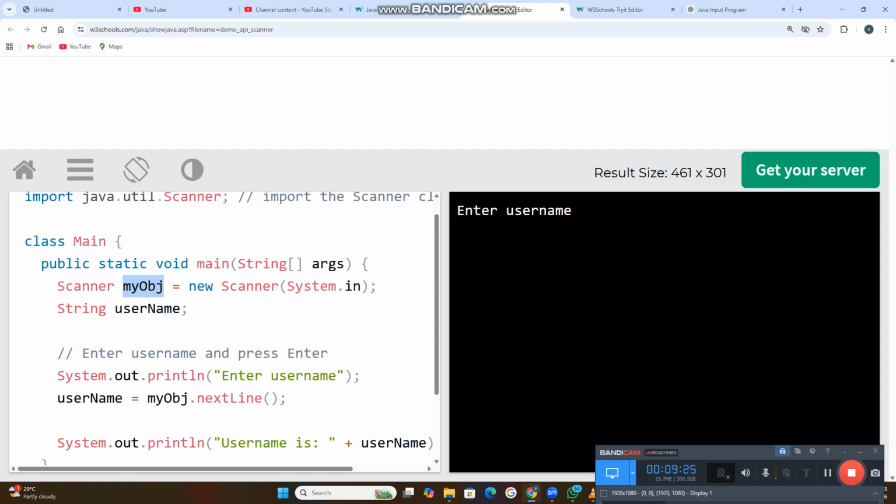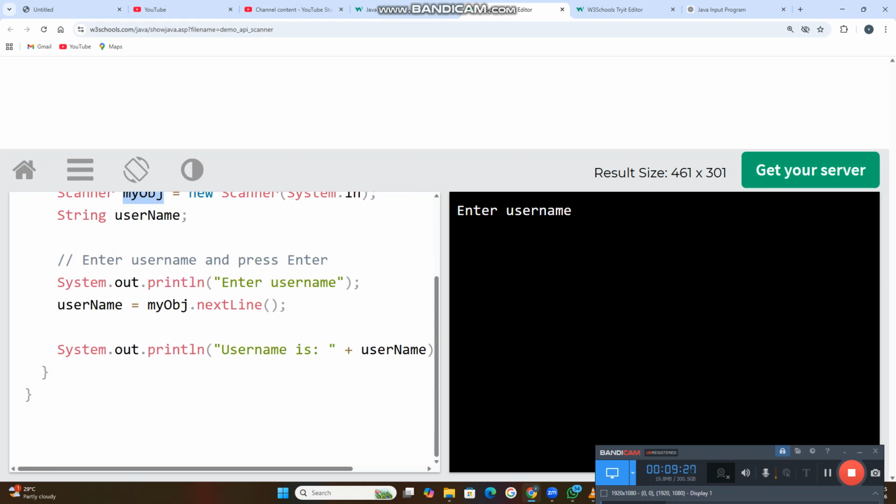Now, what happened at that moment? Whenever the prompt is in front of you, enter username, then whatever name you feed will be stored in this variable created, username, as a string, and that will be displayed whenever you have requested to display it with the command System.out.println. Println is a method which is used to display the result on the screen, and ln means